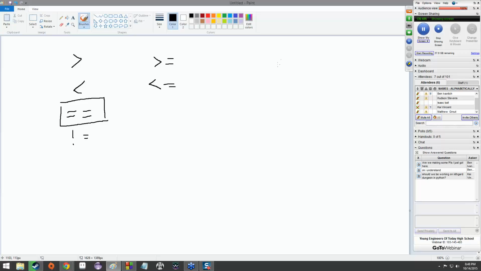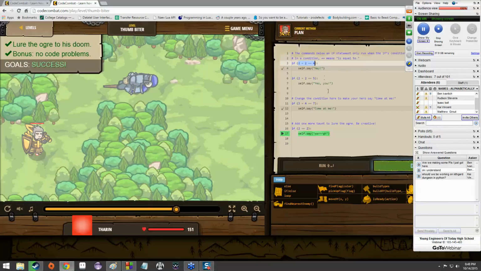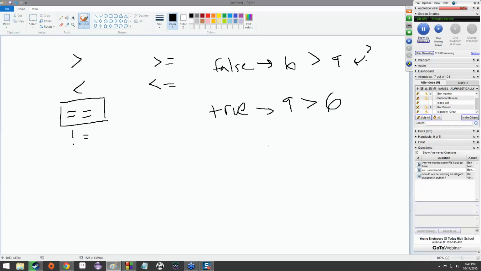What do I mean by that? Okay, so let's say 6 is greater than 9. Is that true? Well, no. So this statement would evaluate to false. What about 9 is greater than 6? Yes, that would evaluate to true. If you put 9 is greater than 6 in here, that if statement would automatically be true.